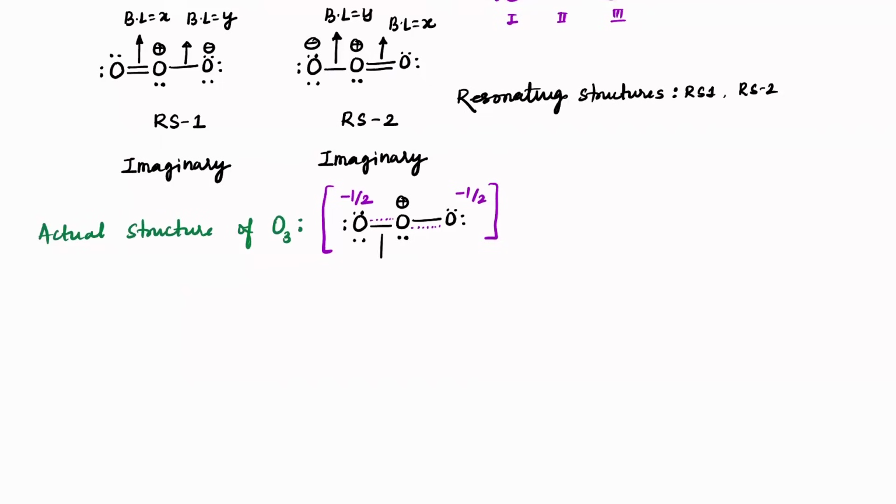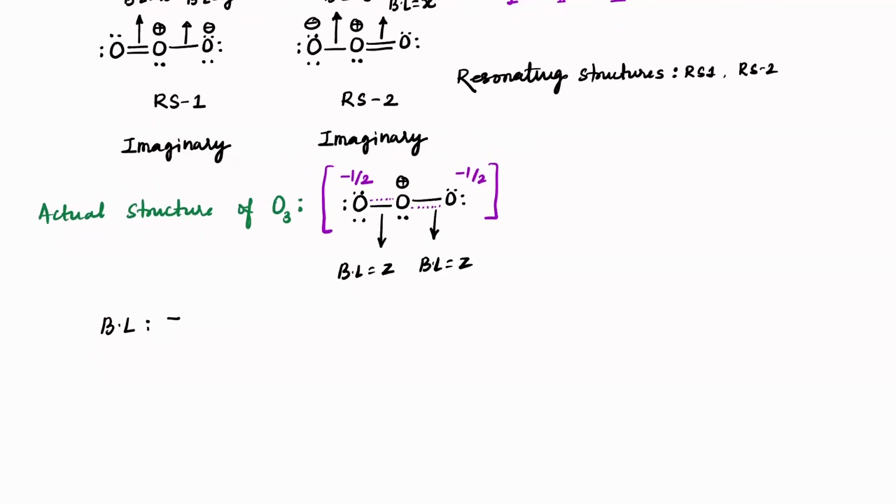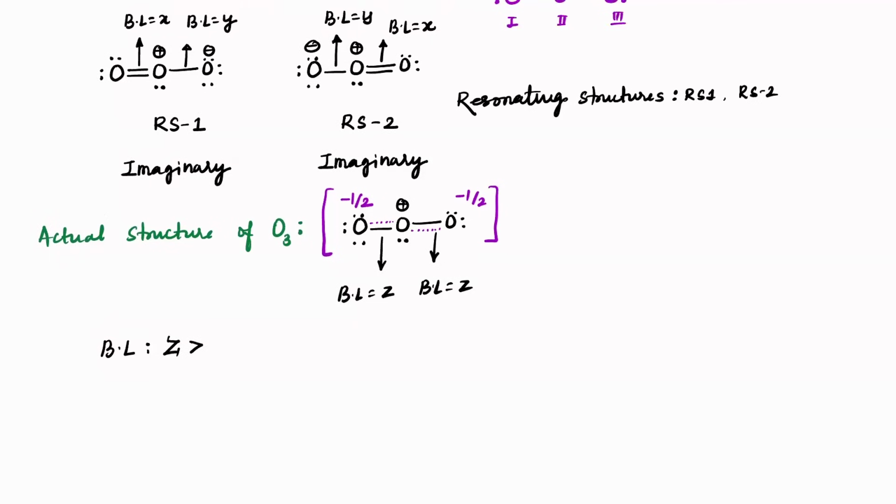But what has been noticed is that the bond length here is actually z, and this one also I'll write as bond length z. That means on both sides the bond length is exactly the same. So bond length z is observed to be greater than x, but less than y,